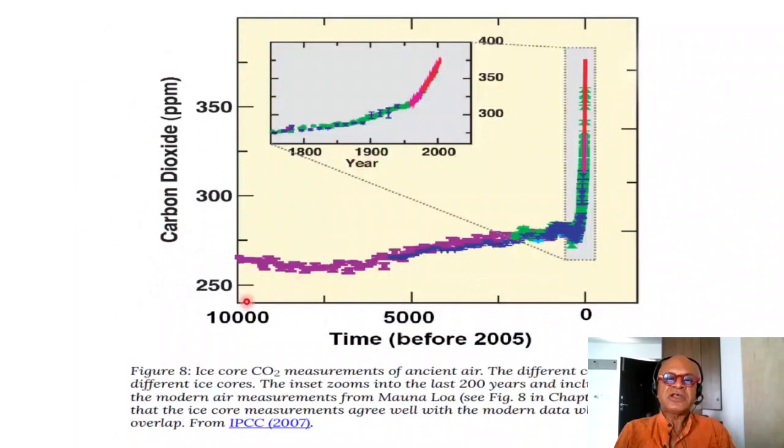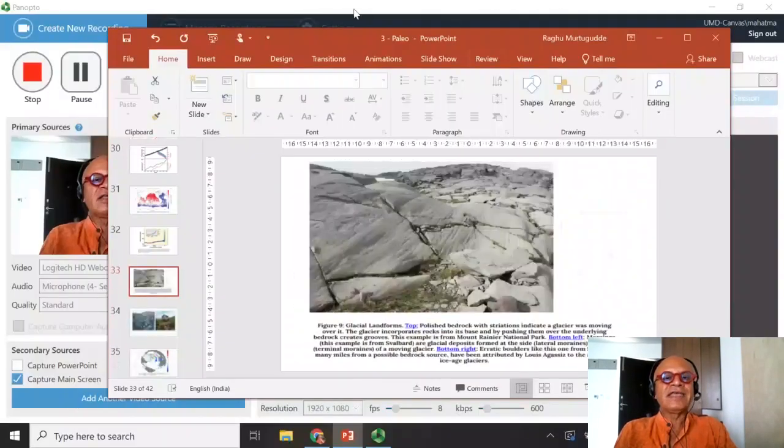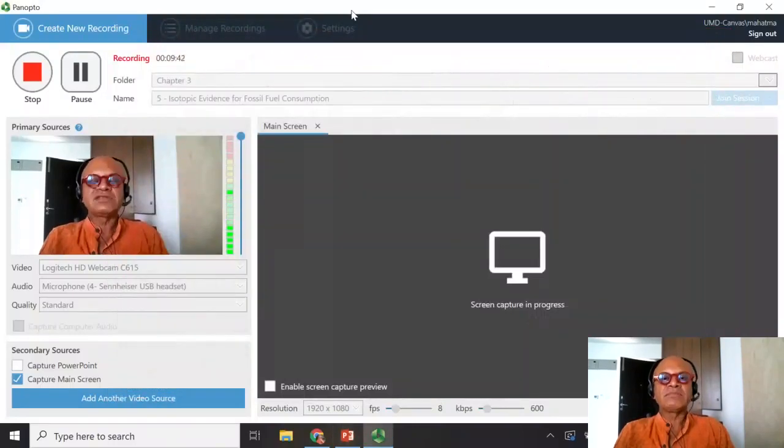This is another example of how CO2 has been reconstructed from ice core. Not a big surprise. Using ice core, the bubbles that are trapped, we can estimate ice age concentrations that we came out of, how it began to increase, and how the Industrial Revolution has ramped it up higher than anywhere we have been for a long time in terms of atmospheric CO2. Okay? So again, these are very important topics, very important information, very